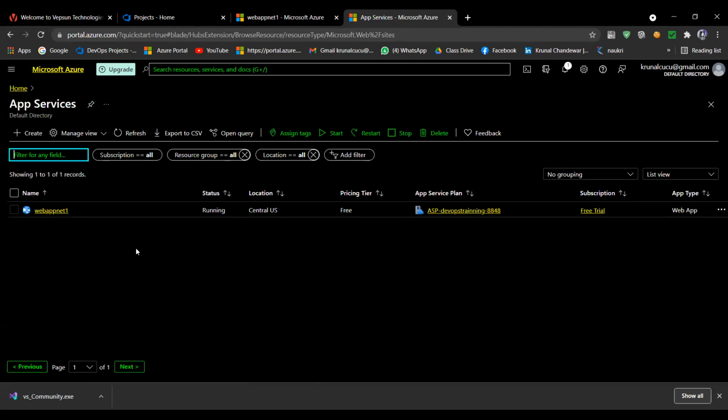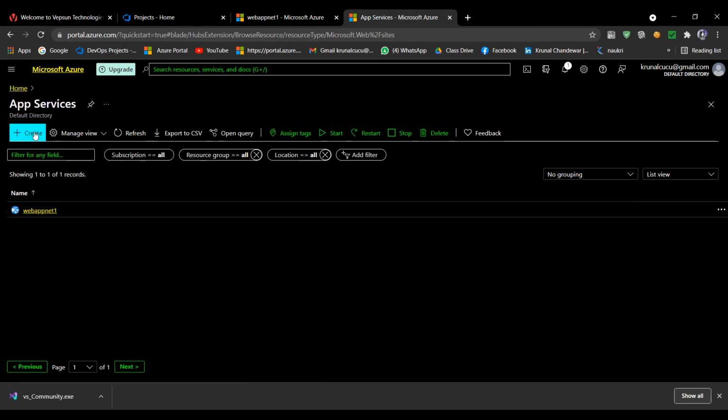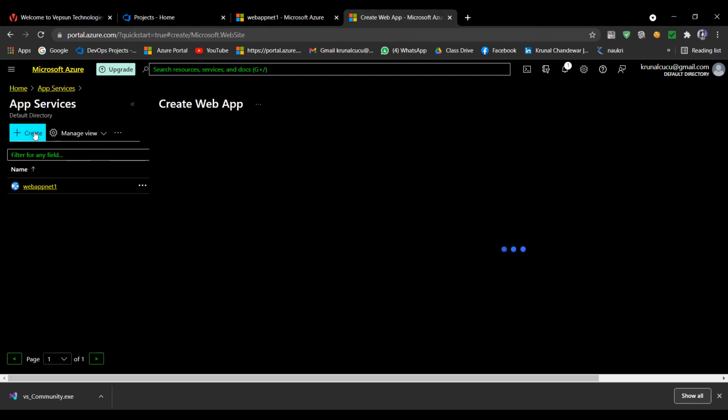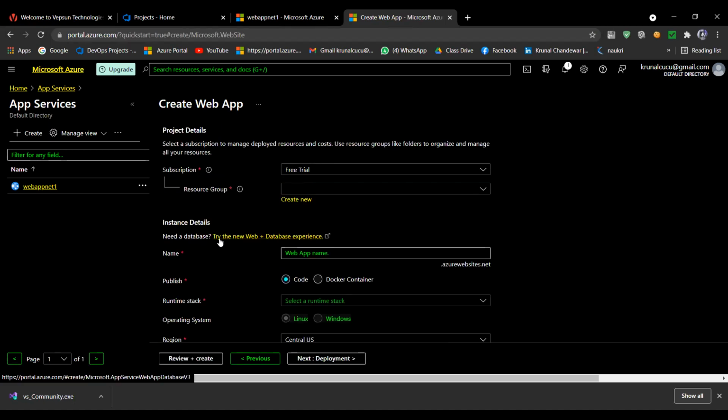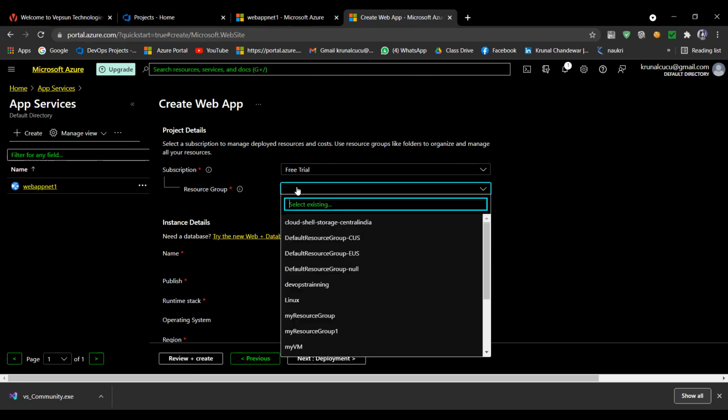Then create one app, create app service, the create plus mark is there, create app service. Yeah, same as we initially created. Let me create one. See, here you are able to see the subscription. We have a resource group we have provided. We are using the free trial resource group, or the resource group name that you have given there. Use that resource group name itself.